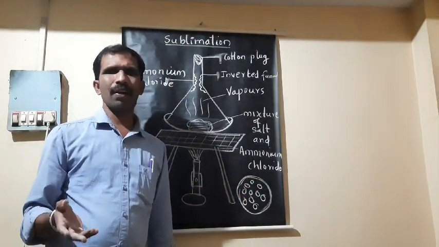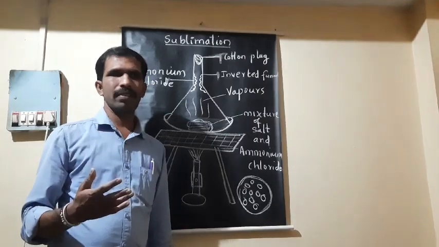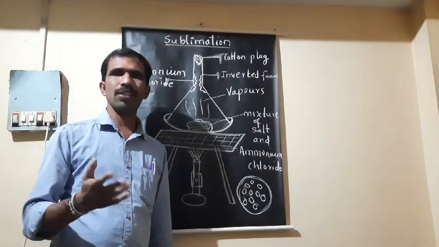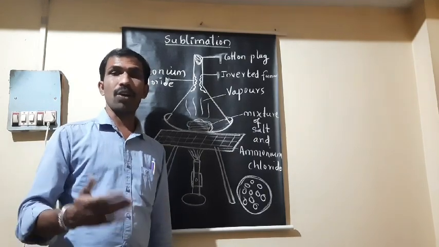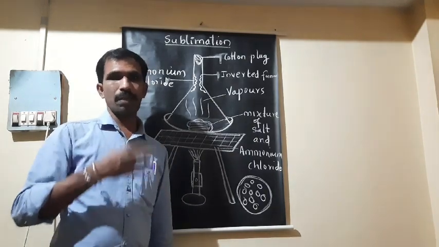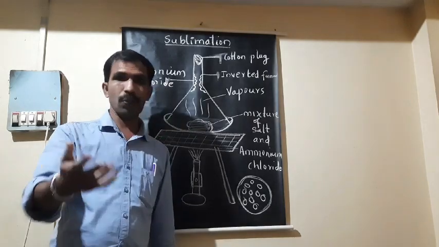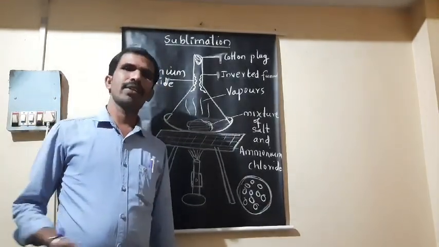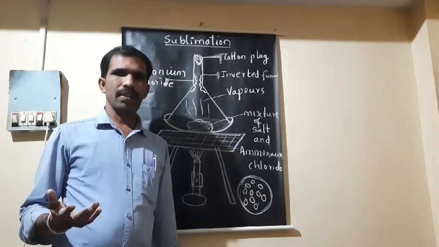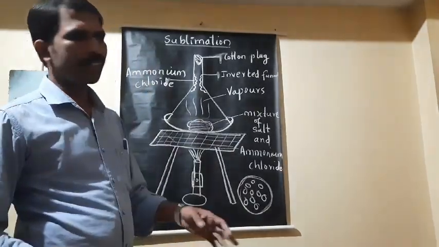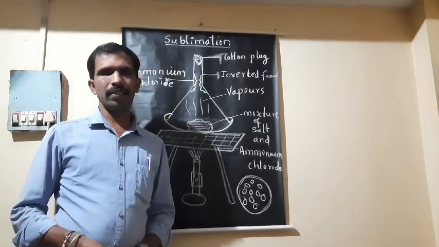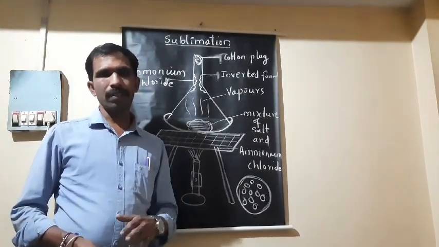We have one more method, separating the butter from the buttermilk. That is also one of the traditional methods we follow to remove the butter from the buttermilk. You know it already, and we all use it in our day-to-day life. Similarly, we'll see some of the technical methods used to separate the components of a mixture.